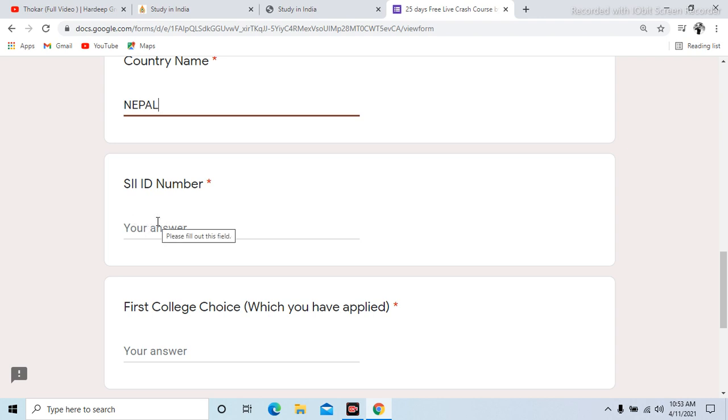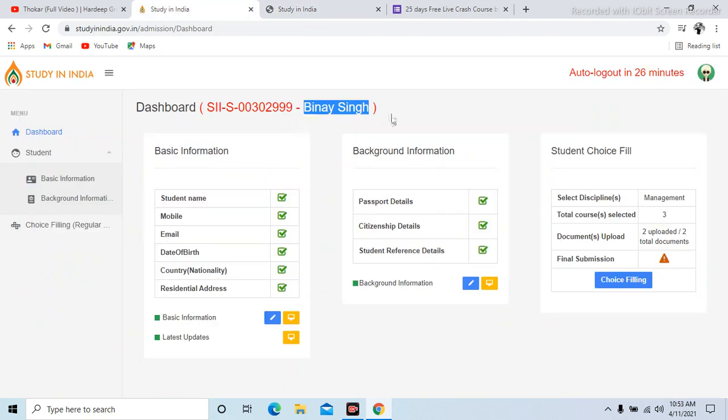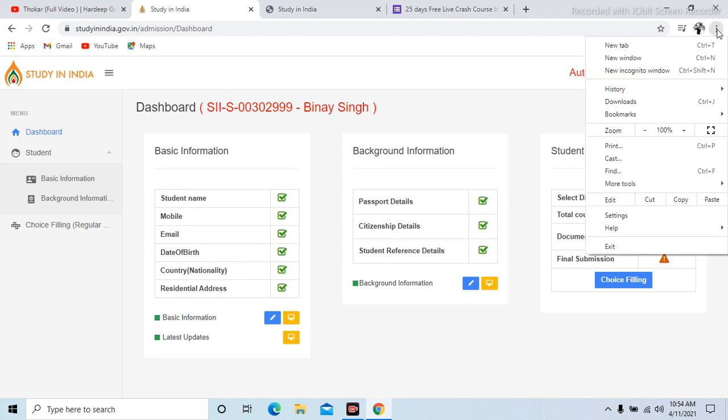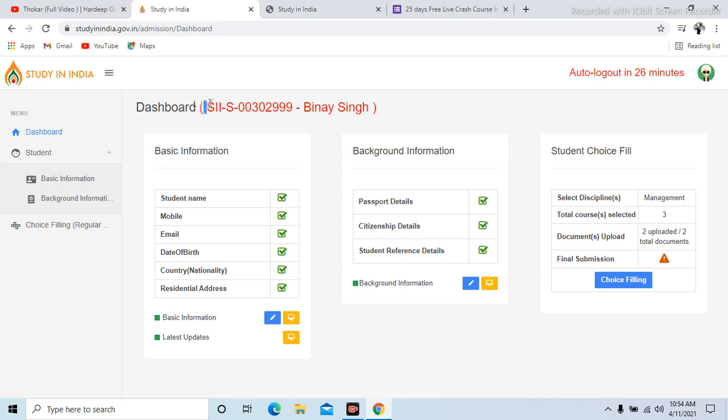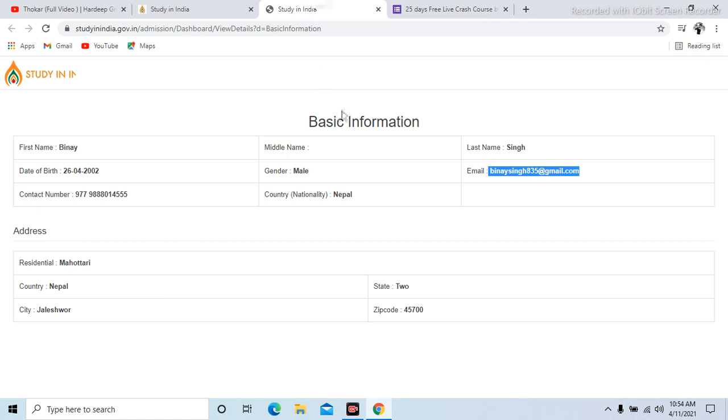In this section, SIID is required. First of all, log in to your Start India account, and then you will see the SIID. Some students on smartphones are not getting this. In a smartphone, click here if you are not getting it, and in this section you will get desktop mode. Click on desktop mode, then you will see this. I am going to put this ID. If you don't want to share, then you can't register. If you want to share and want to take the class, then you can share it.